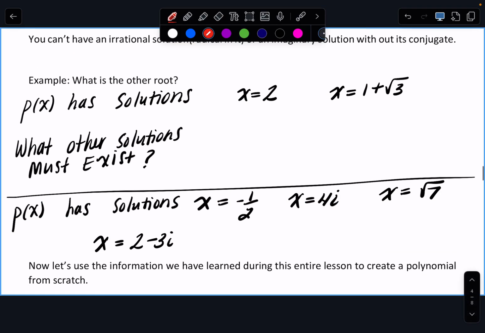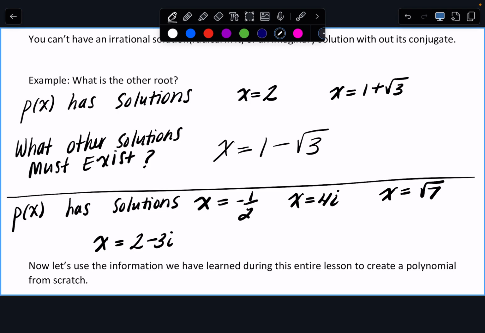Okay, all right, cool. So let's read this problem. It says p of x has solutions x equals 2 and x equals 1 plus root 3. What are the other solutions? Anyone? 1 minus square root of 3. You're right. There's no way you just had a 1 plus root 3. That's not even possible. Its conjugate has to be a root because it's an irrational solution, which came from the